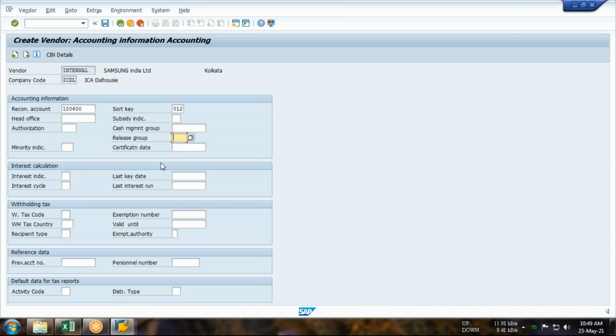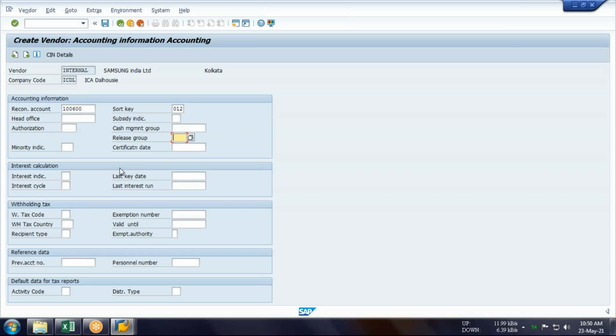Next, in this page nothing needs to be written. Please take a screenshot. This is the company code data. From this page onwards we are starting the company code data. The first page of company code data is the reconciliation account. What is the meaning of reconciliation account?